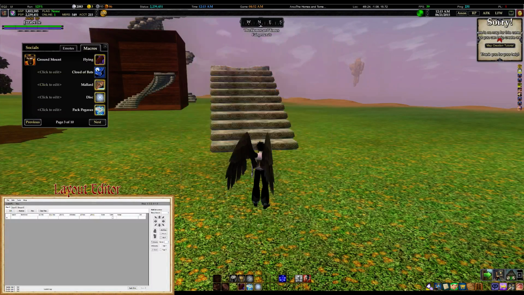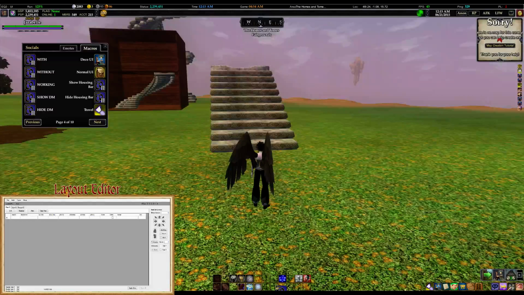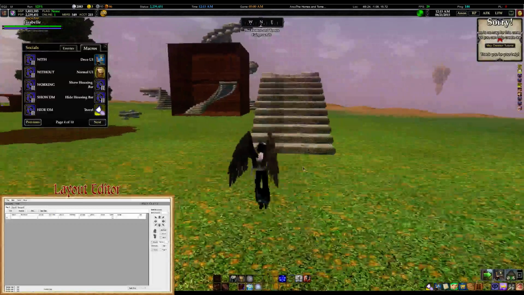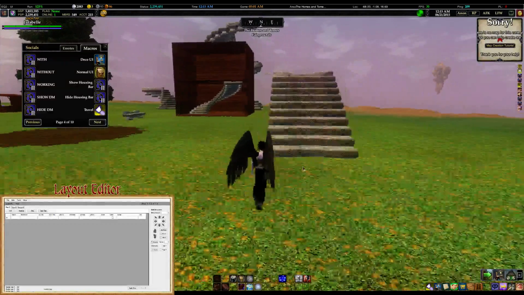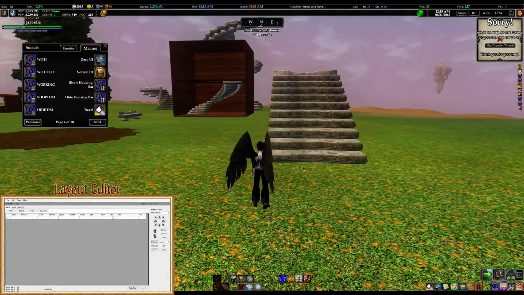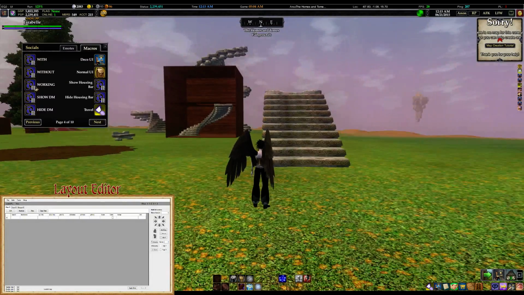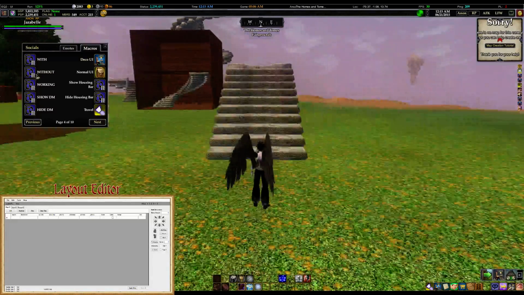Now, what you can do is drag these to your hotbar if you have space. I think you can sort of see it down here. I don't like to do that. I like to leave it in this window because then I can immediately see the names right there, plus it leaves the hotkeys free. So I don't accidentally click a hotkey, like if I'm trying to move around and my finger slips and hits a number. I don't suddenly find myself loading something I didn't want to or saving something I didn't want to. Anyway, I just like to leave it up here, but whatever works for you is the right thing to do. So now that you have your layouts,